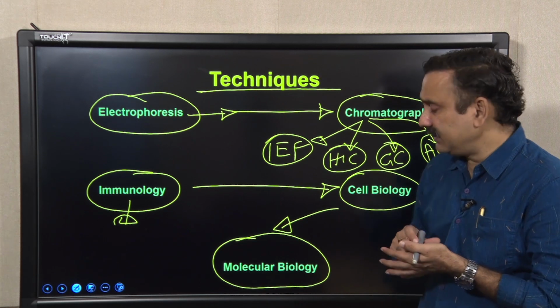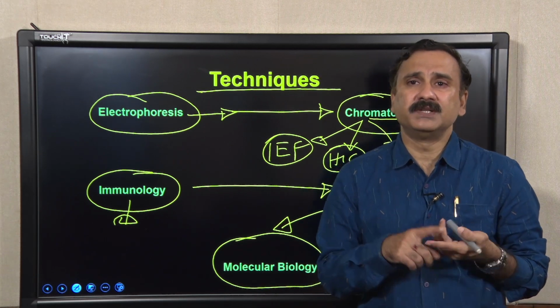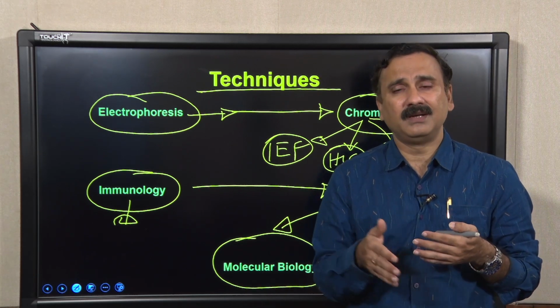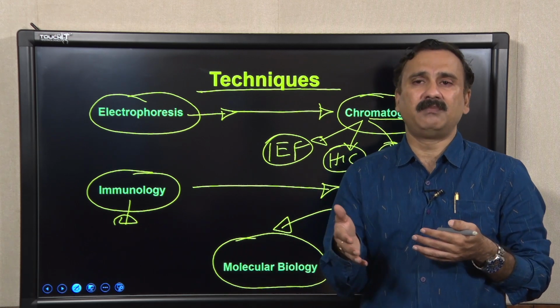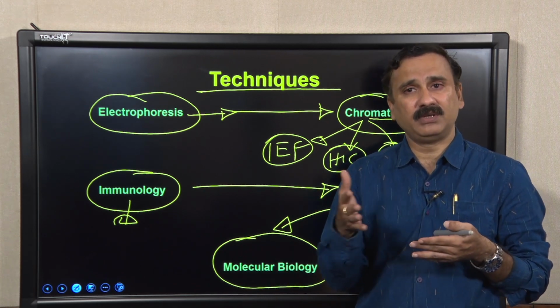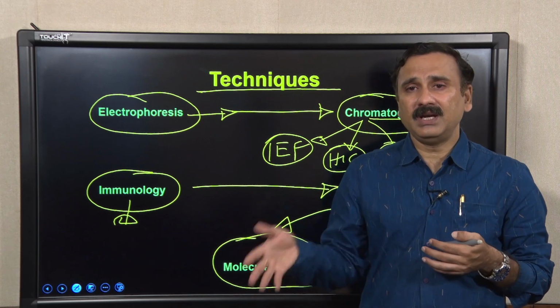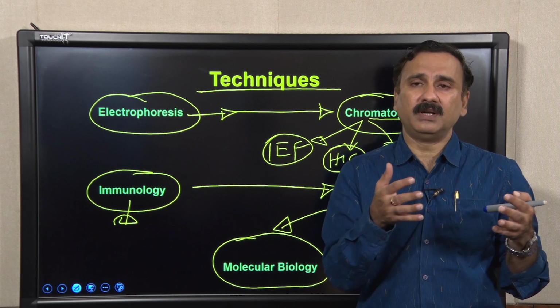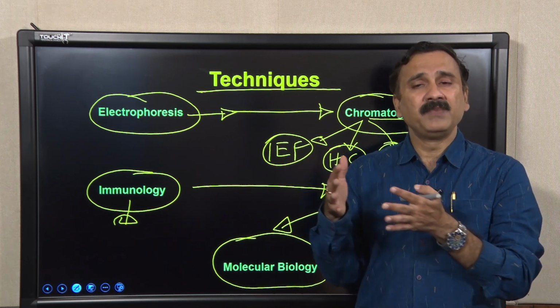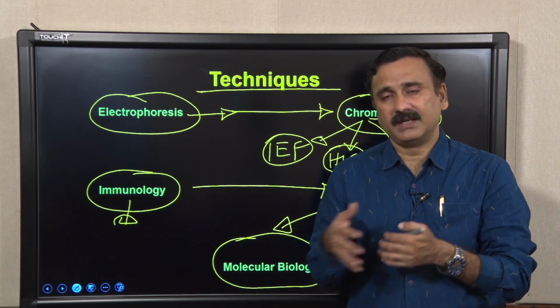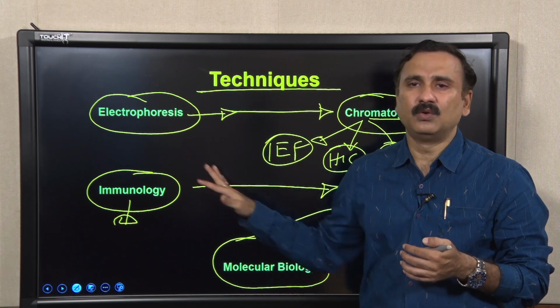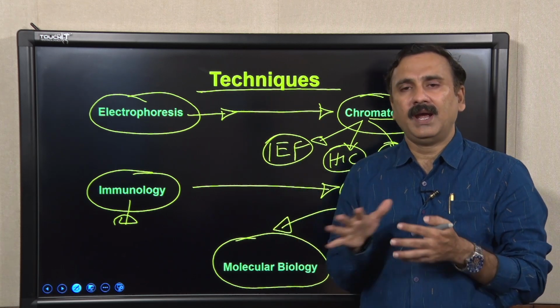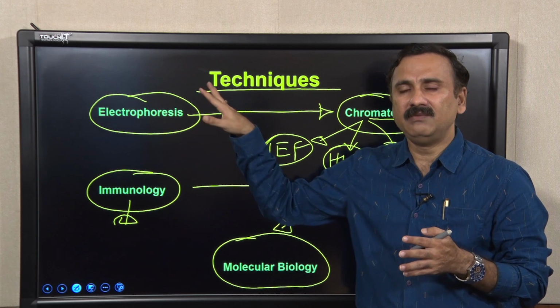And after that, within the molecular biology techniques, we also discussed some of the basic blotting techniques, like southern blotting and northern blotting, and at the end we also discussed the sequencing techniques. So, we discussed DNA sequencing as well as protein sequencing. So, this is what we have discussed so far as a whole.